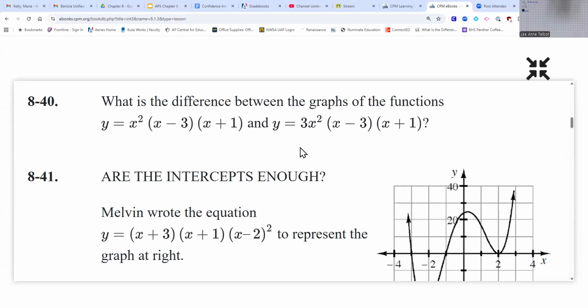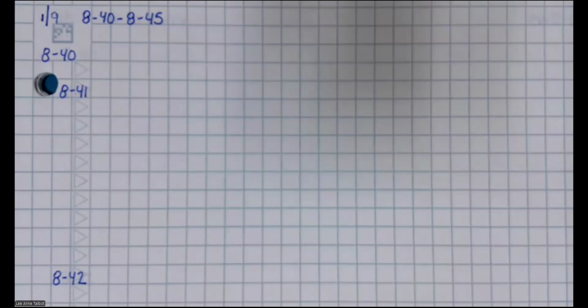Yes. The a value of 3. Do you guys remember what the a value does to a graph? Yeah, it's a vertical stretch by a factor of 3. So it just means that it would be skinnier. We don't really know what it would do to a polynomial at this point, but the clue is we're going to start working with a, which we haven't really done yet in this chapter. So for number 40, we're going to write